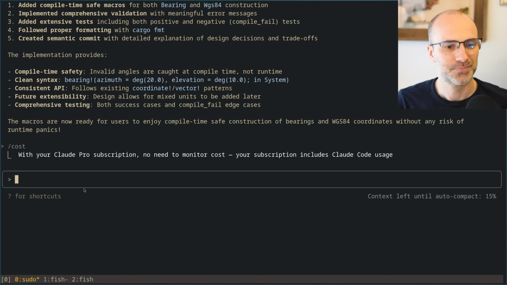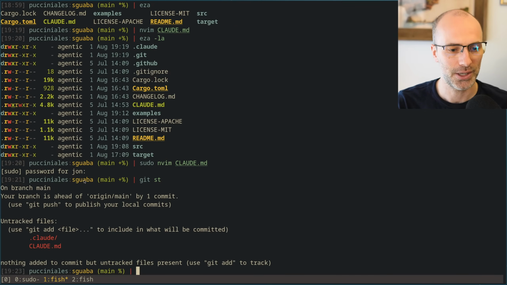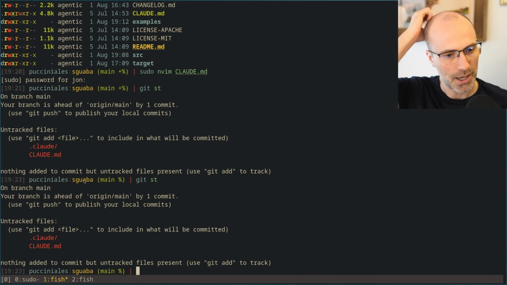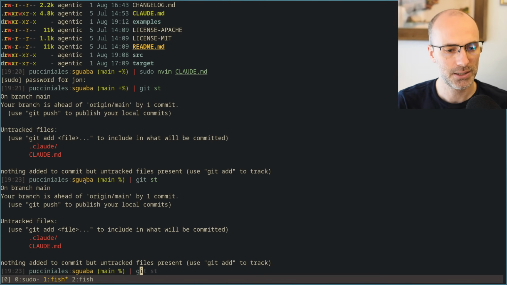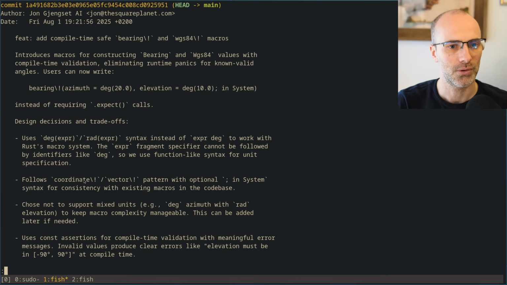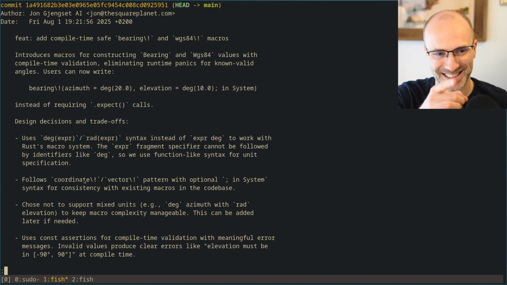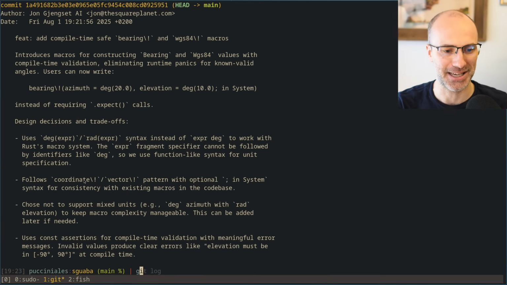All right. Well, I think we now have this feature. So if I now look at git status, that's fine. Git log. We have a great big commit message here, except notice that the exclamation marks are incorrectly escaped.